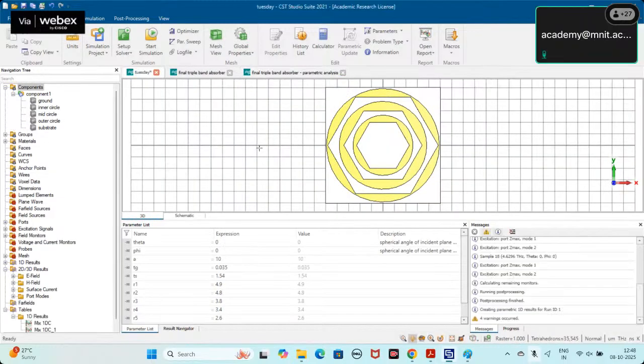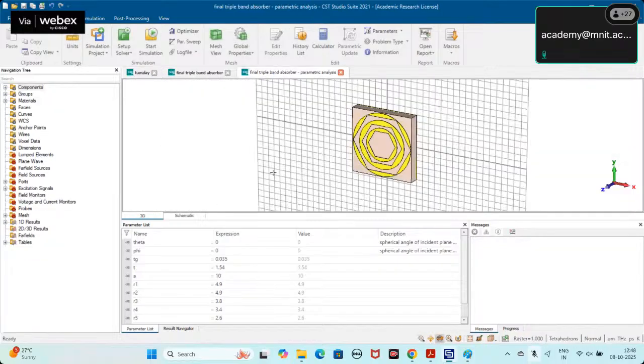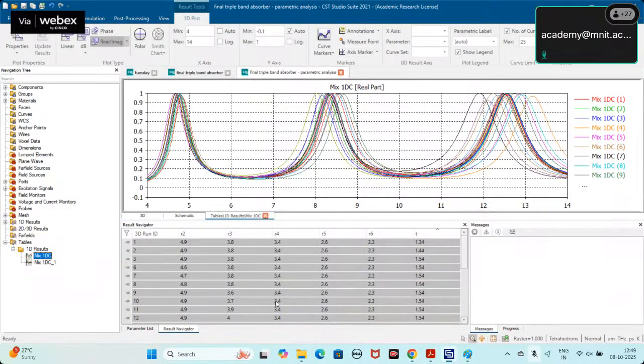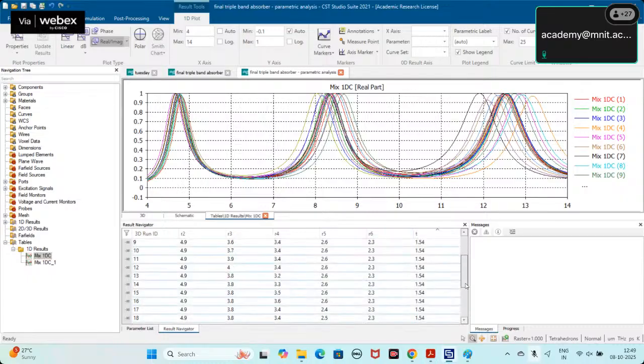Just save this. Okay, now here you can clearly see in the result, in the mix 1 DC, all the parametric values I have already simulated. Okay, like see here,